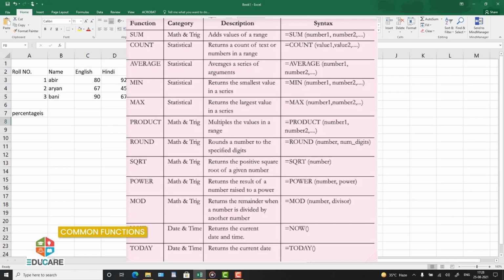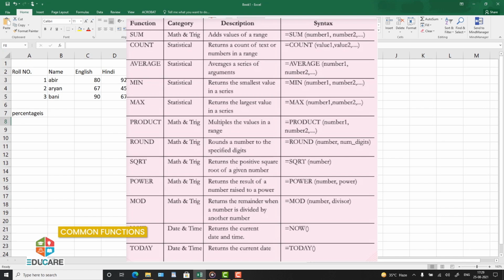PRODUCT, math and trigonometry. Multiplies the values in a range. =PRODUCT(number1, number2, and so on). ROUND, math and trigonometry. Rounds a number to the specified digits. =ROUND(number, num_digits). SQRT, math and trigonometry.